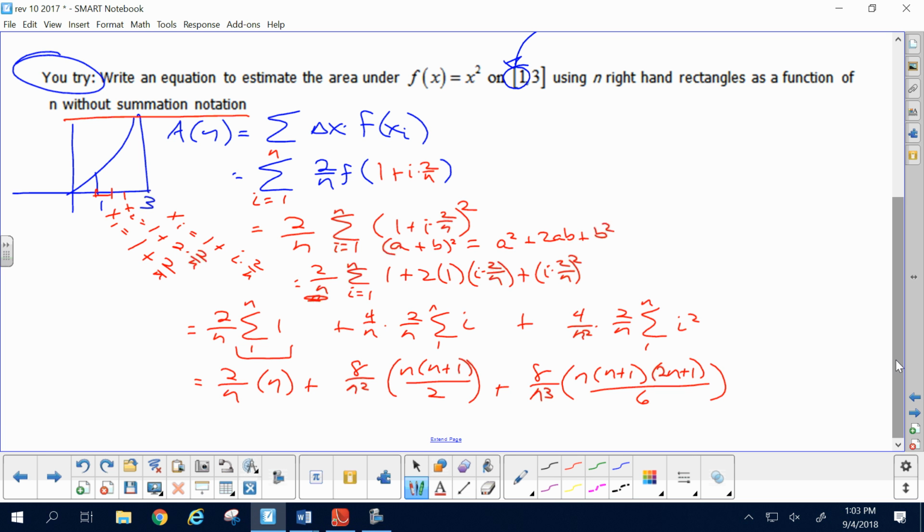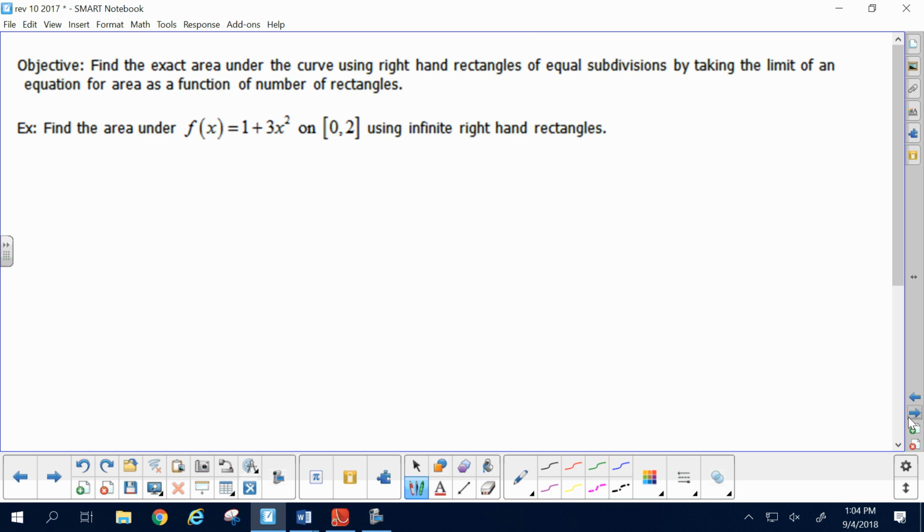Okay? Now, typically I would then continue on and take an infinite limit of that, but that's not the question asked. It says just write a function for the area without summation notation, so am I done? I finished without summation notation? I'm good. Okay. All right, my end goal then is to do all that process, then take the infinite